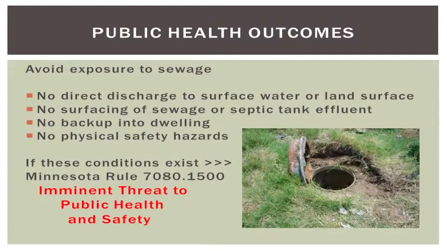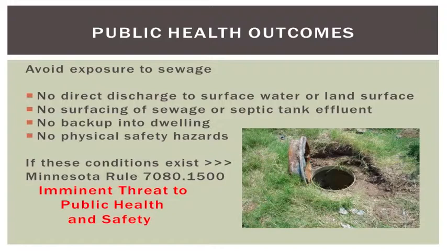One of the primary and most critical elements of SSTS design is the protection of public health by avoiding sewage contact with humans or vectors that can later transmit that disease to people also. The primary elements in our code that mitigate that type of situation is we do not allow any sort of direct discharge of sewage to the surface waters or to the land surface with our systems. Also, there's no sewage surfacing of any sort, so if the system is under stress, it's weeping out into the backyard, that would be called a non-compliant system in the state of Minnesota.